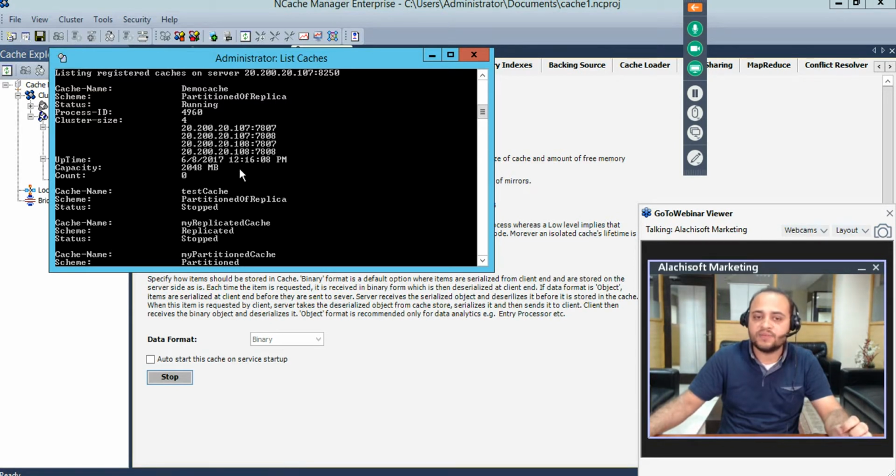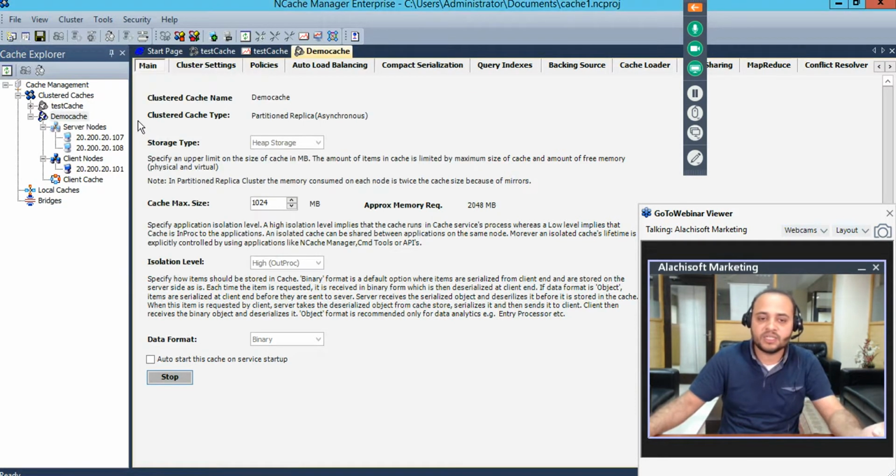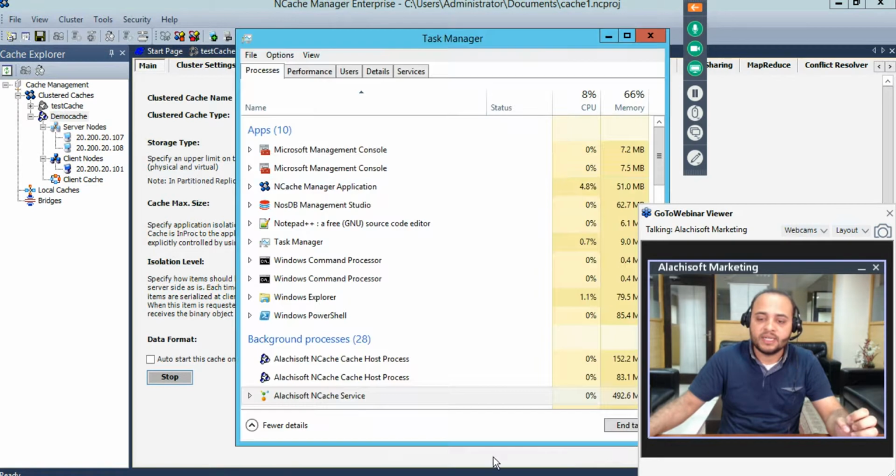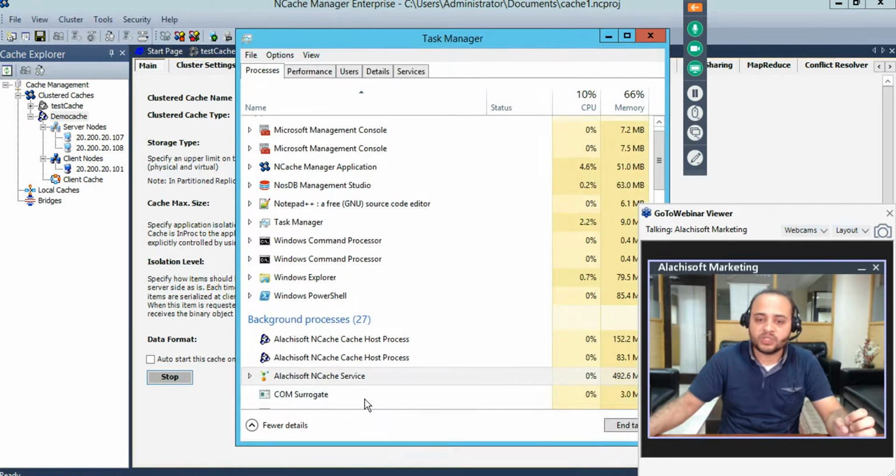And so this gives a healthy indication of it. So you have to look up this information if you use list caches. Otherwise, view cluster connectivity gives you this in a GUI manner. Each cache has a cache host process. So you have the cache host process for demo cache as well as for demo cache 2. And you could actually see if you add a detailed,